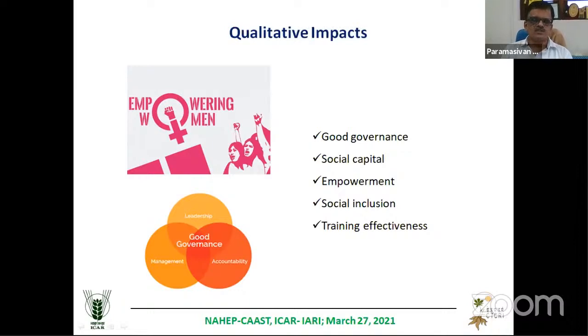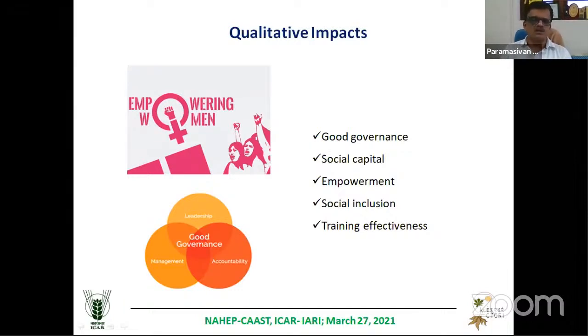But there what we miss is something. There are some qualitative aspects of impact, which are more of a sustainable kind of thing. I mean to say that a farmer is getting more money by adopting the technology, but if he wants to continue to get more money, he has to have some kind of skill, managerial ability and decision making, which will help him sustain the impact of the variety over a long term. So there are other cases like good governance.